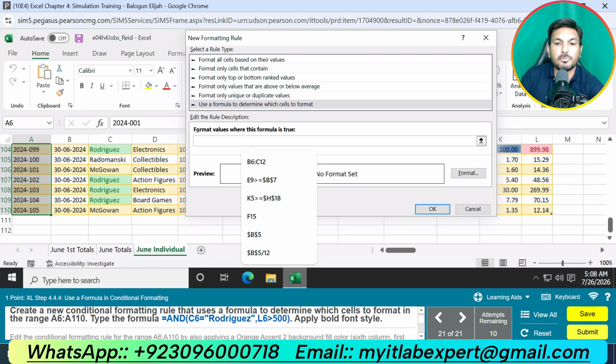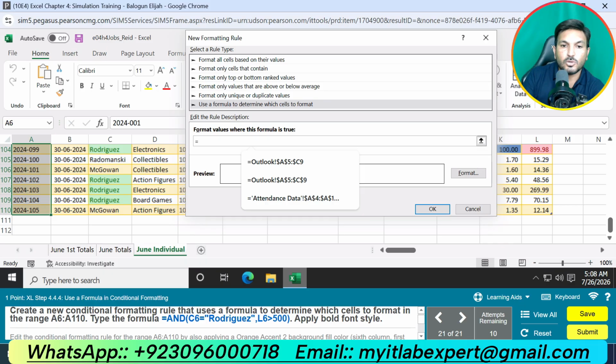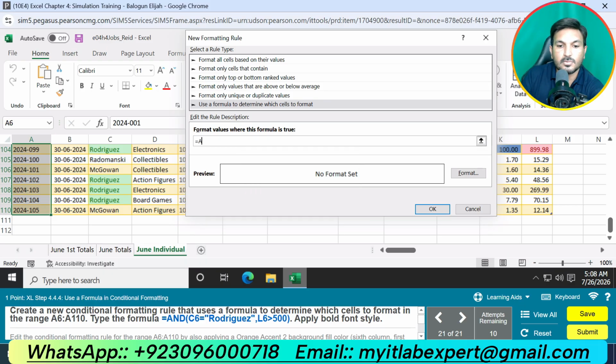Here we are supposed to type a formula, that is equal to and C6 is equal to this name. Okay, C6 should be this name. Okay, then and L6 should be greater than 500.